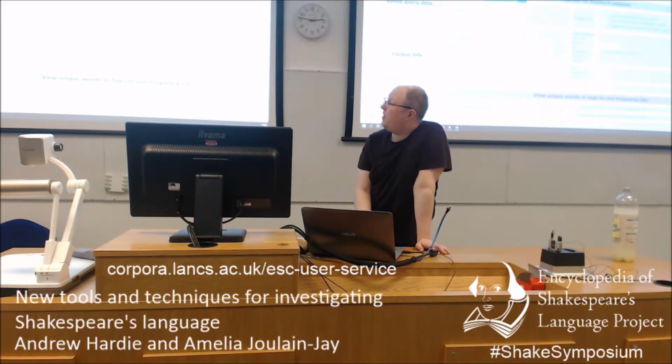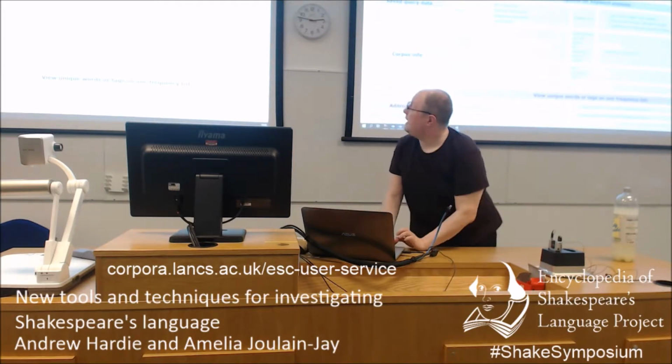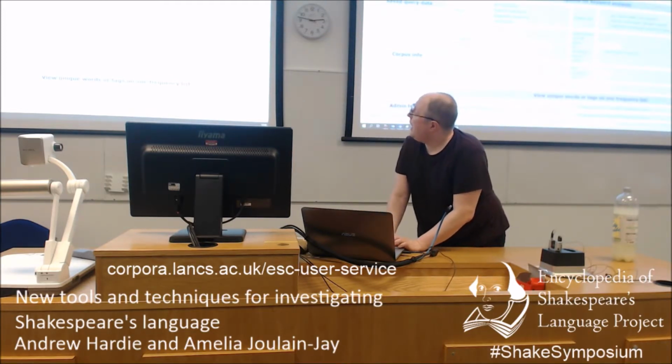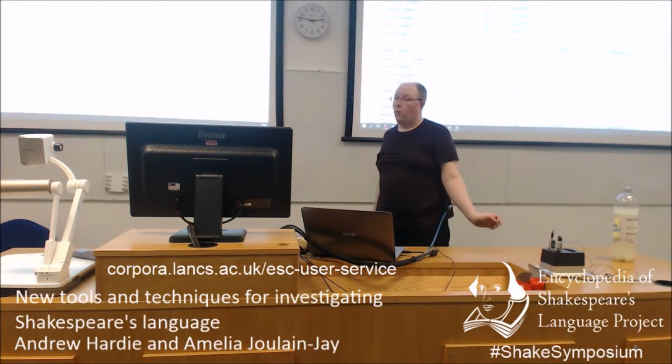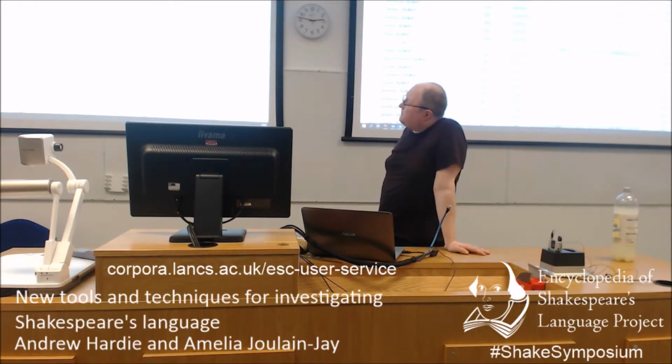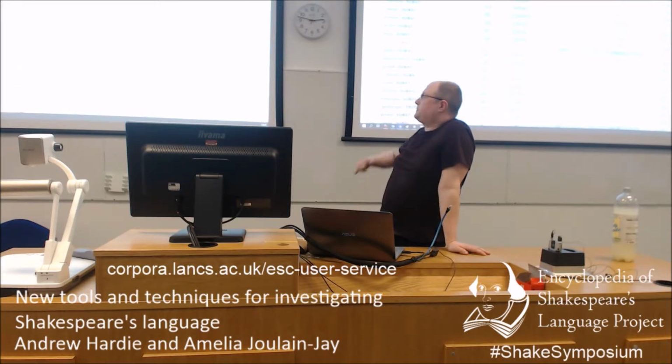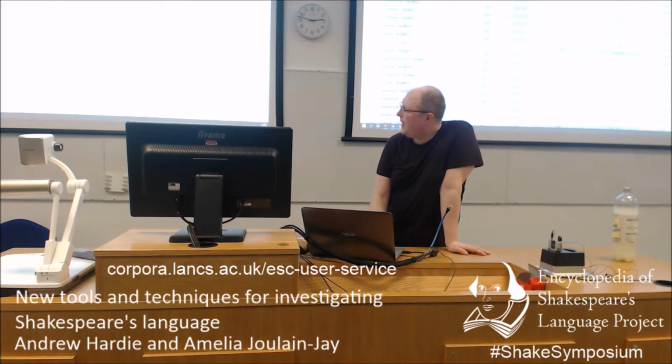And you can look at word forms, you can look at tags, you can look at lemmas. In this case, we're going to look at tagged lemmas because that's what we use to group words for the actual Encyclopedia of Language itself. And what we can do is a keywords analysis, which those of you who are linguists will know about. Typically, with any kind of work involving fiction in any sense, you will tend to get character names when you do comparisons of one to the other. So you can ignore those, but if you look past the character names,